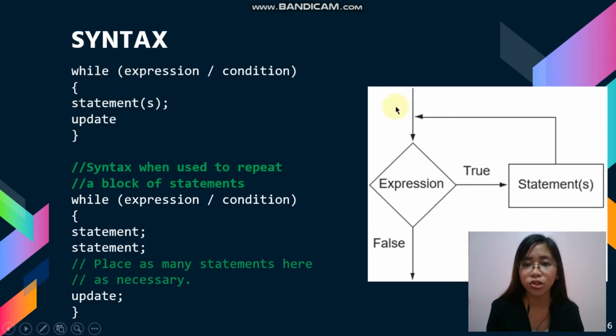So this is a flow chart, para mas maintindihan natin paano nagwo-work yung while loop. This is the expression. If true yung expression, it will execute this statement. Then hindi siya magta-terminate agad. Babalik siya dito and again test the expression. If it is again true, it will again display the statement and babalik ulit dito. And the process repeats. When finally the expression becomes false, terminate na yung looping and tapos na yung looping.